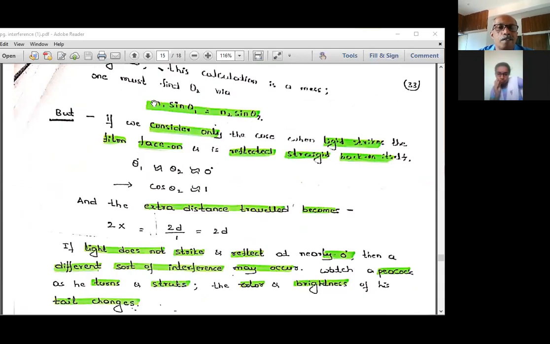Again, it says Snell's law. n is equal to sin i by sin r, we called sin alpha by sin beta. If n1 is n1 and n2 is n2, then n1 sin theta 1 will be n2 sin theta 2. That is the case. Then we consider